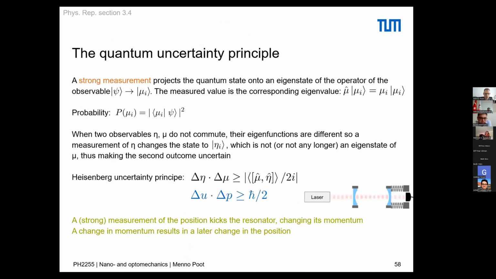Okay, so that was kind of the uncertainty principle. But in this case, we see that if you want to have something like this, you have to do a strong measurement where the laser is initially off. Then you suddenly turn it on with a very large power, and that results in a kick. This kick that you give it contains photons, and this photon number is uncertain, and that is going to lead later on to uncertainty. But this is, of course, not something that we have in mind when we talk about